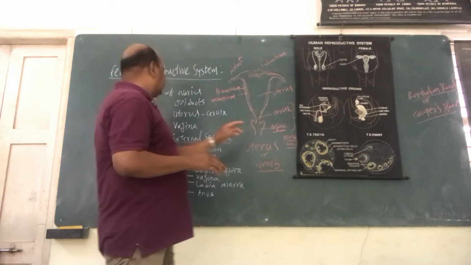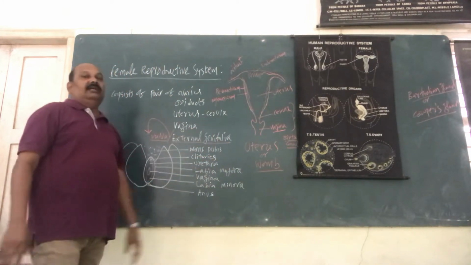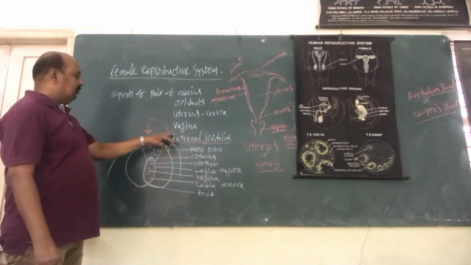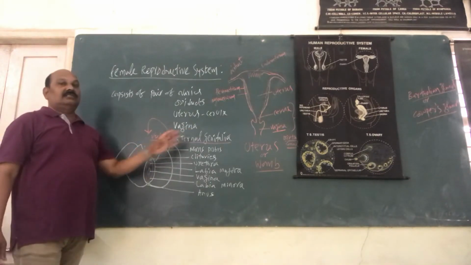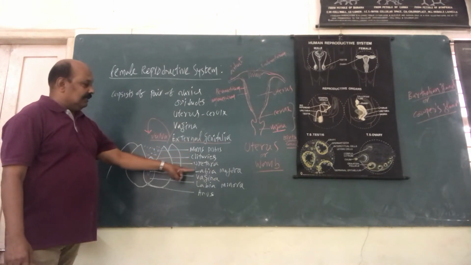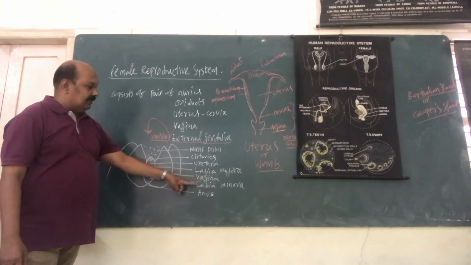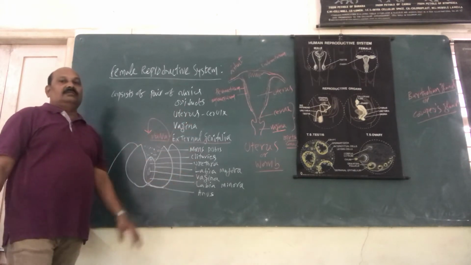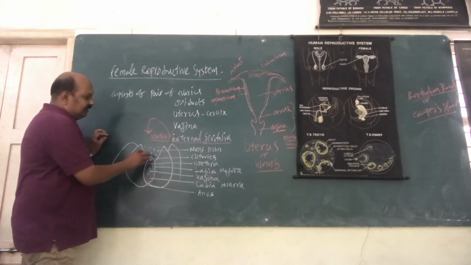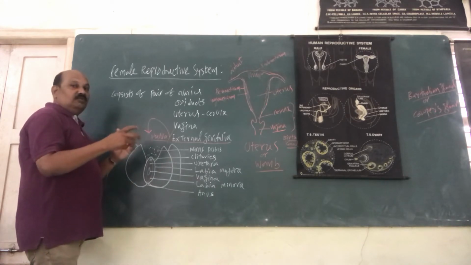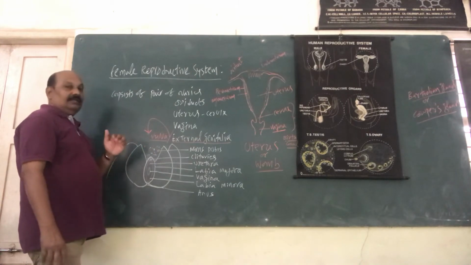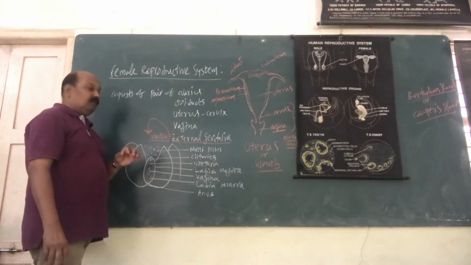Now come to the last part, that is the external genitalia. It is also known as the vulva. When you talk about the external genitalia, it comprises the mons pubis, clitoris, urethra, labia majora, vagina, labia minora, and all these parts are collectively called the external genitalia. The first one is the mons pubis. See this diagram. This is the area where pubic hair develops in the human female. This is a very soft, spongy tissue, and there only is the appearance of pubic hair at the time of maturity.